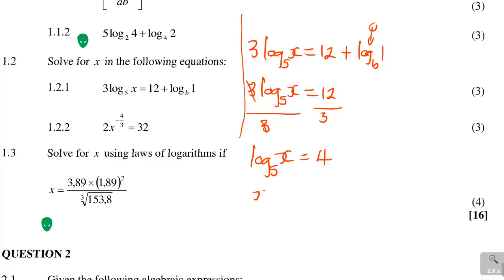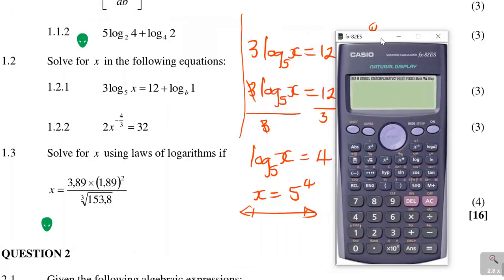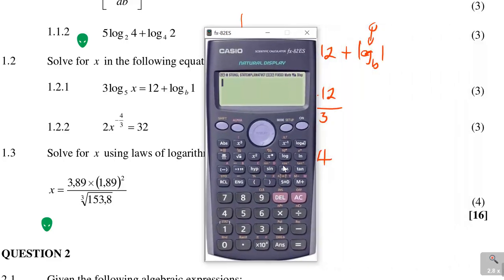You're going to say x is equal to, you take that 5 and this becomes an exponent. So x is equal to 5 to the exponent 4. It's a big number, but that is the value of x. Definitely you need to check it or test it. So what you do is you take a calculator and say to yourself, in this one, 3,